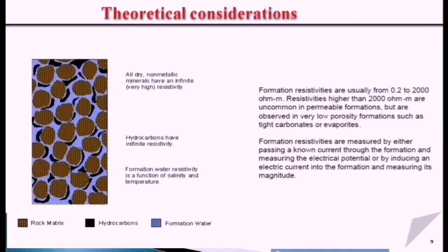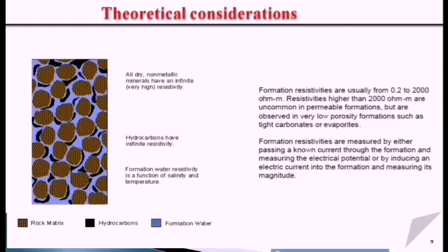So we agree that all the dry rock or dry matrix has a very high resistivity because it's not conductive and cannot conduct the current. Also, the hydrocarbon has high resistivity, and the formation water, which fills the pore space, has resistivity, but the resistivity of the formation water filling the pore space is a function of the salinity and temperature. So in general, we see the formation resistivity